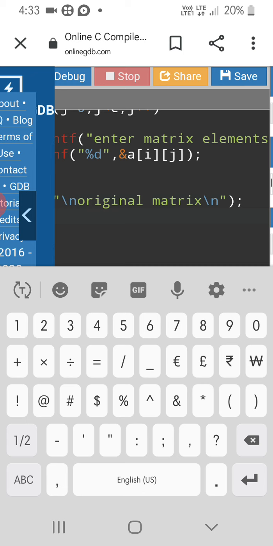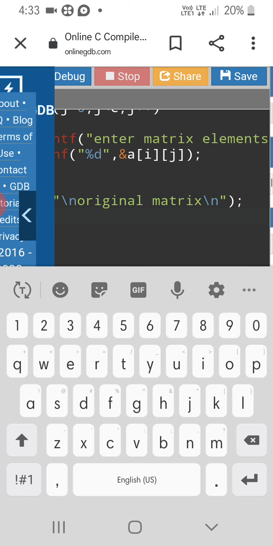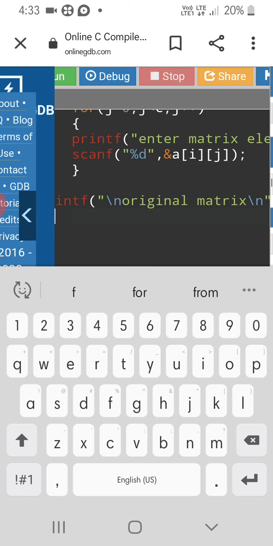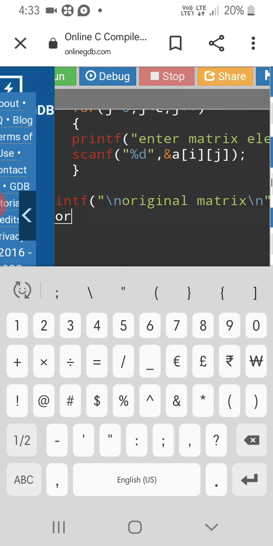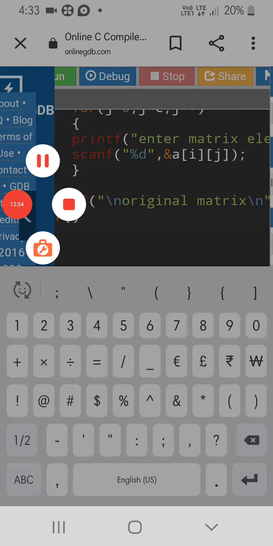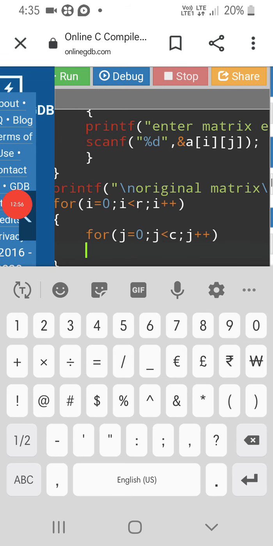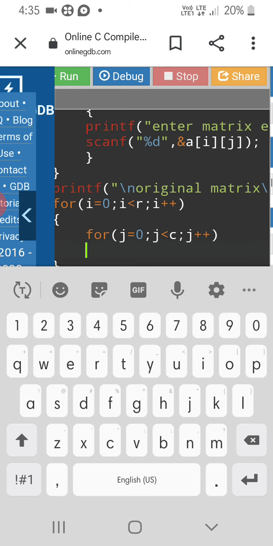And now again we have to take these two loops to print the original matrix, so the condition and initialization are also the same. And here we require a printf statement so that we can access a complete row.